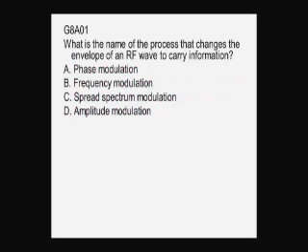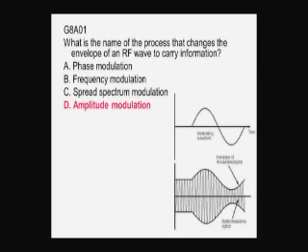What's the name of the process that changes the envelope of an RF wave to carry information? That process is called amplitude modulation. And the key to understanding this is the envelope is the shape of the outside of the wave. Here you have the carrier,